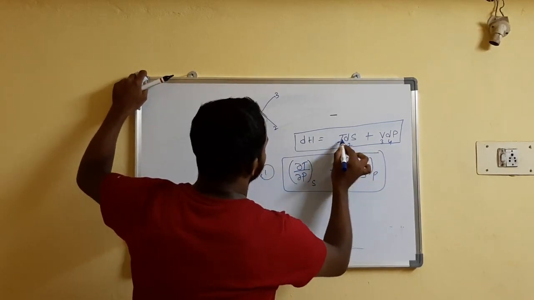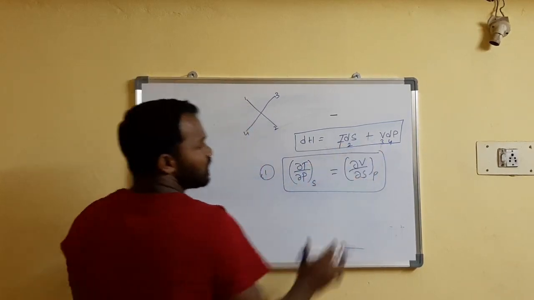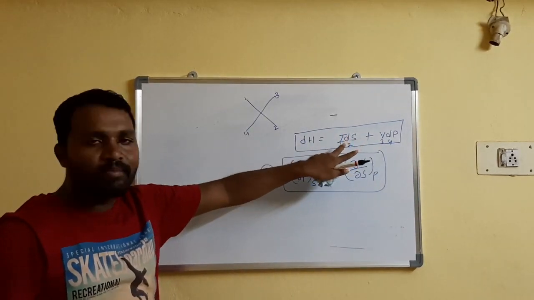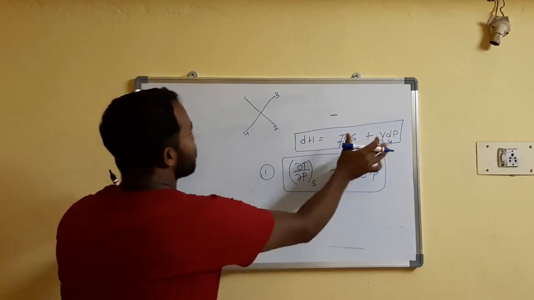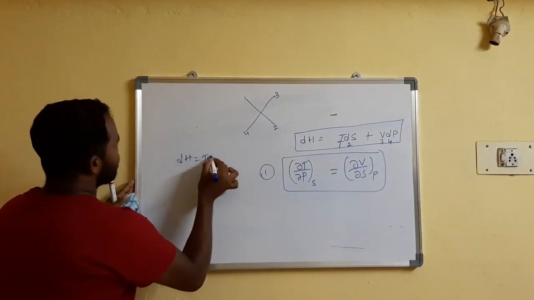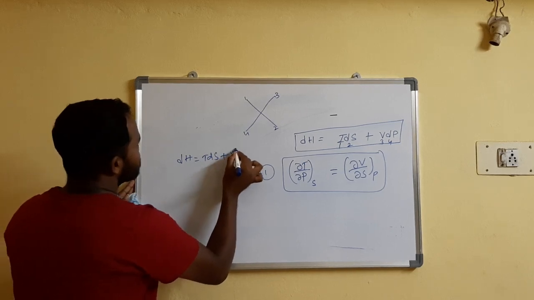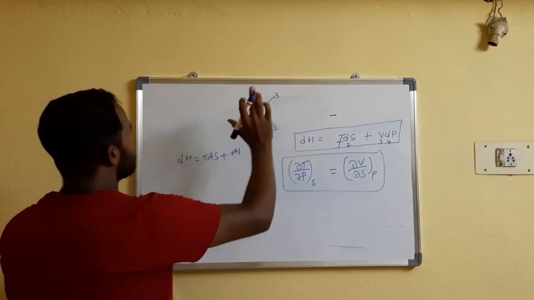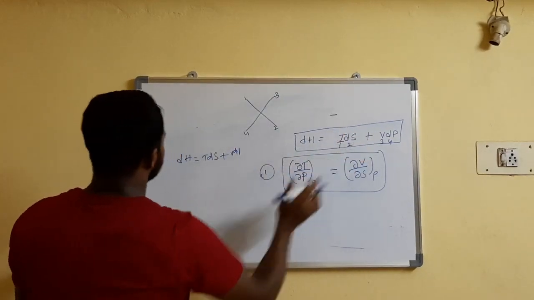Otherwise you need a simple trick. Some people need not remember it like this. So whoever is confused, if you want to write the Maxwell relation directly, you can write it directly, so there is no need for the trick. This trick is only for those who are not comfortable remembering it.